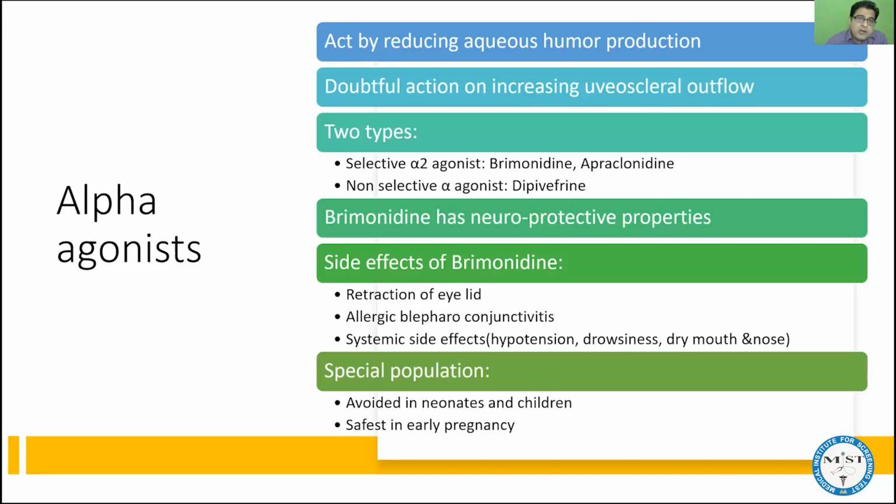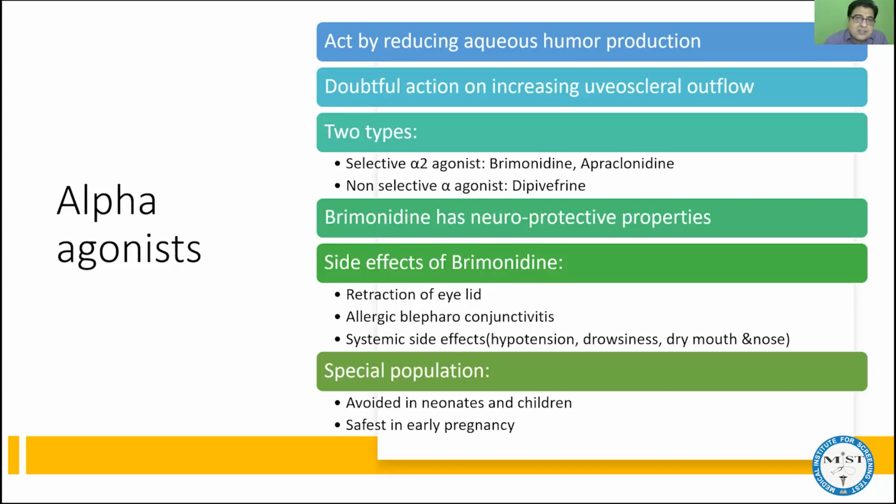Now, there are two more important MCQs regarding these drugs. The first very important MCQ is that in the first trimester of pregnancy, even if these medicines get absorbed in systemic circulation, they cannot cross the placenta. So these are the safest anti-glaucoma drugs in pregnancy. They have the minimum teratogenic property.